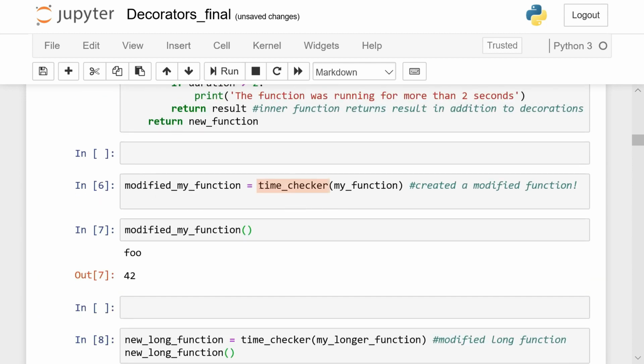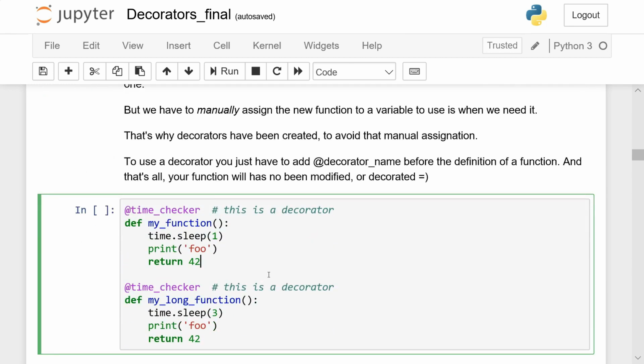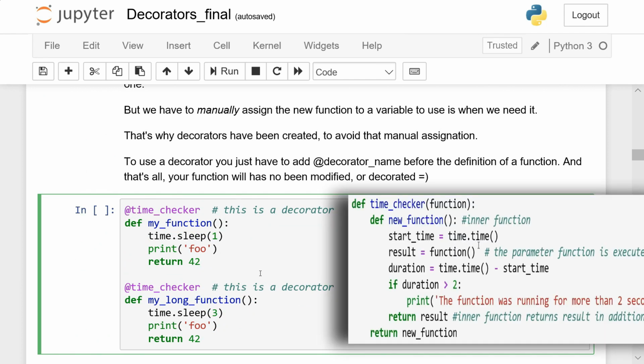Or we have to assign time checker, my function, to modified my function. Now, instead of assigning them to new variables, a decorator allows us to just decorate the original function. So here's an example of a decorator syntax. Instead of feeding my function into time checker and creating a new function, we can just decorate the